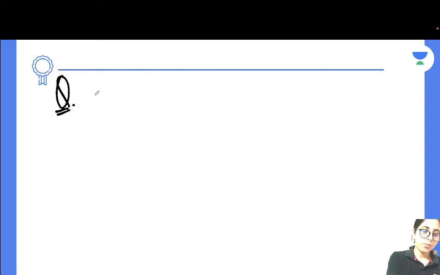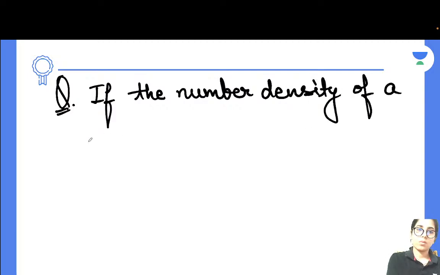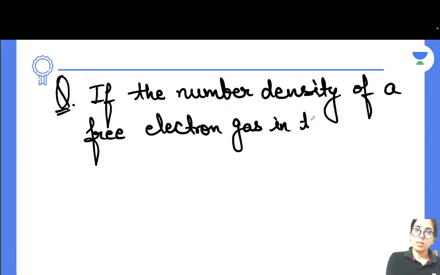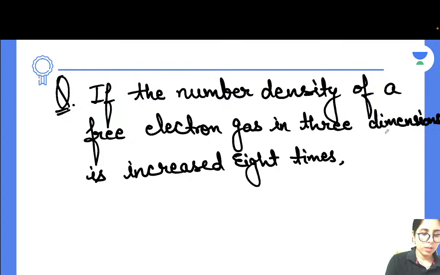Here it is, guys. If the number density of a free electron gas in 3 dimensions is increased 8 times, its Fermi temperature will